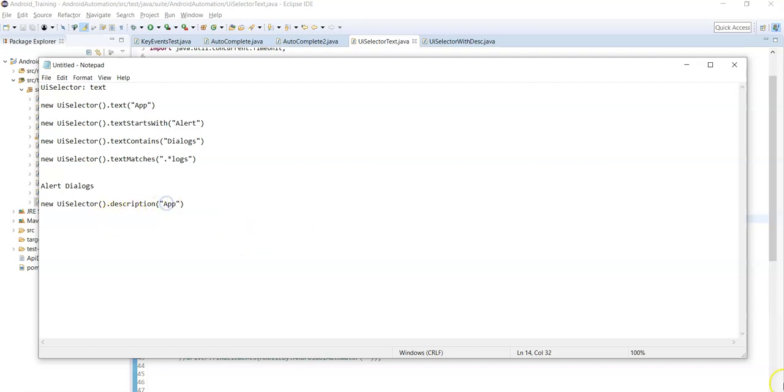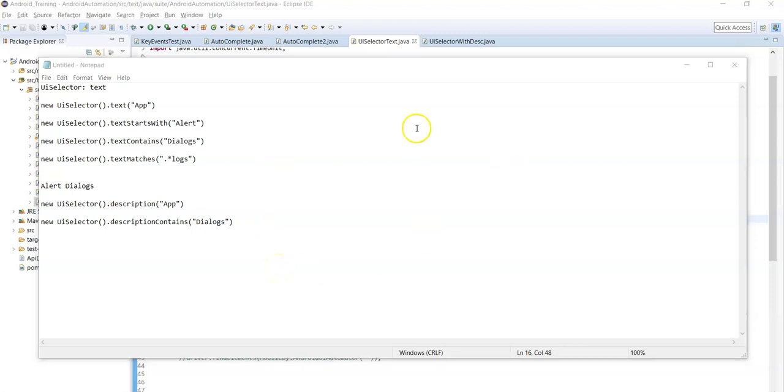Okay, second method is descriptionContains. Similar to the textContains method, we can use the descriptionContains method. Here you need to pass some partial content desc value that can be anywhere in the content desc value.